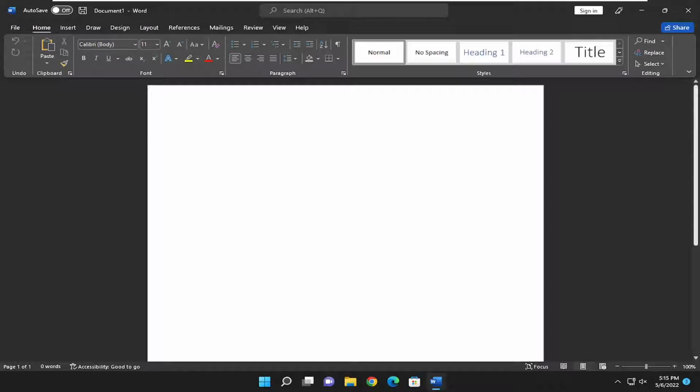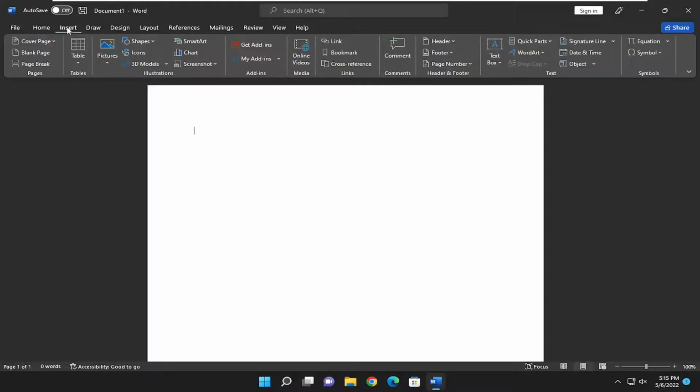In today's tutorial, I'm going to show you guys how to insert or add page numbers in Microsoft Word. So this should hopefully be a pretty straightforward process, guys, and without further ado, let's go ahead and jump right into it. So all you have to do is select the Insert tab up at the top, and then on